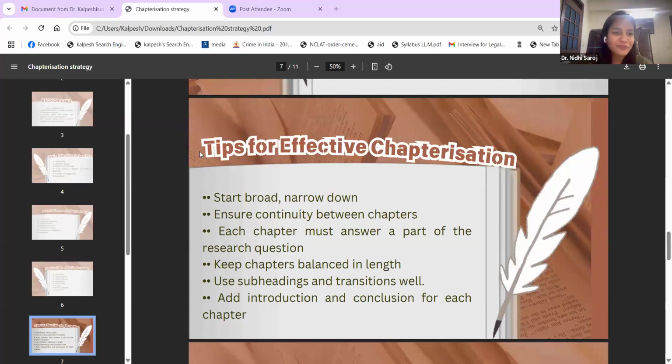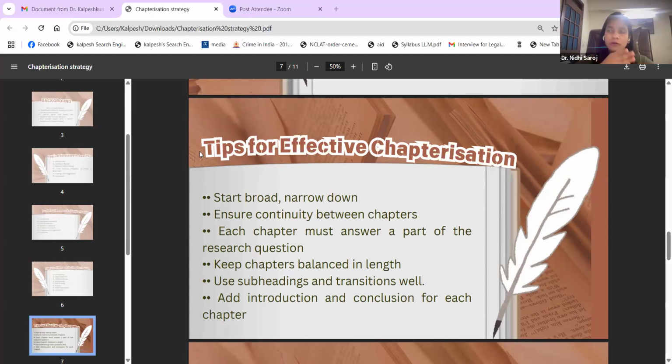How does it have to be done? You have to keep doing some activity. There are some activities which I have enlisted for you in the end, which will help you to identify the sequence. So you need to do this exercise regularly. We usually think that it is just about writing, but it is not just about writing. It is coming out with the best version of your writing, right? So you need to keep doing these activities. You need to keep checking your work on your own, with the help of your supervisor or your peers. You need to make sure that there is continuity and coherence. And most importantly, each chapter must answer a part of the research question.